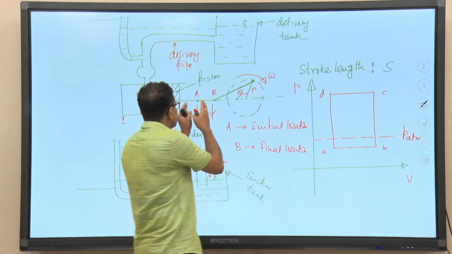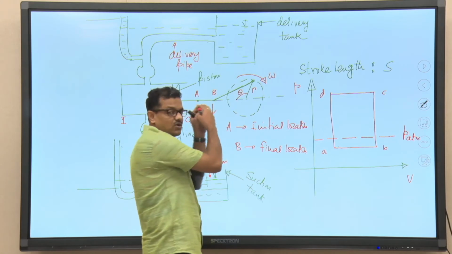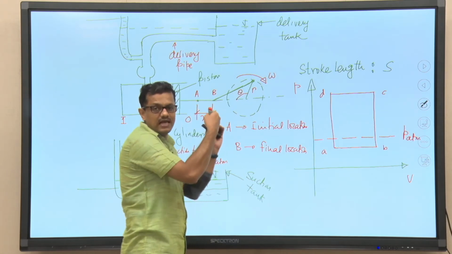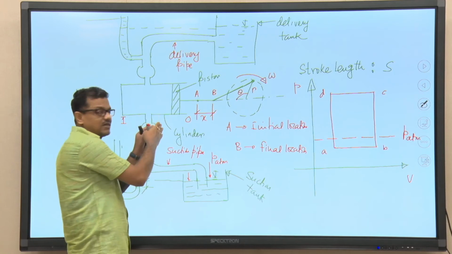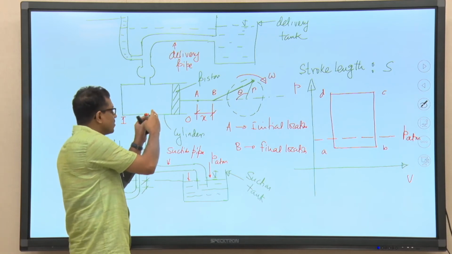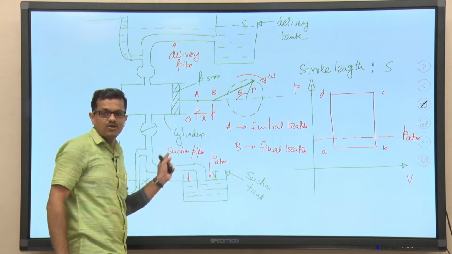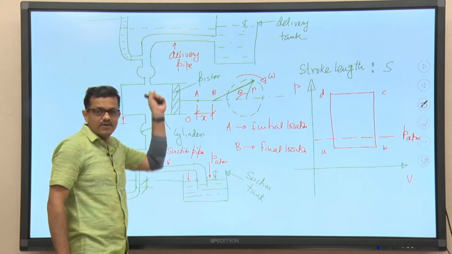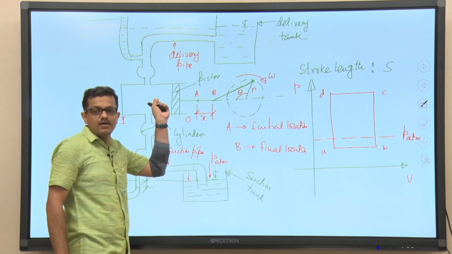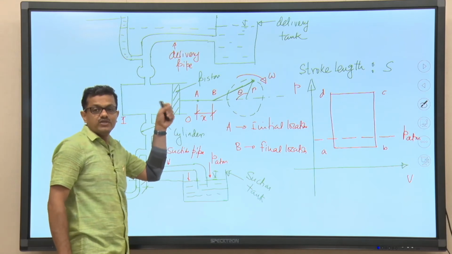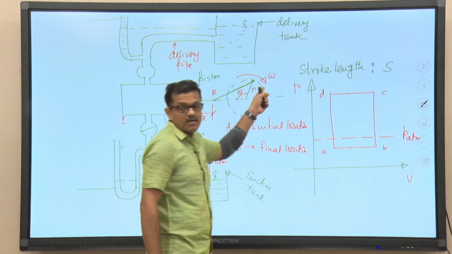See, the movement of the piston is initiating the liquid movement in this particular case. So, the liquid velocity through the suction pipeline or the delivery pipeline, or even inside the cylinder, will be governed by the movement of the piston, which in turn essentially will depend on the omega, right.